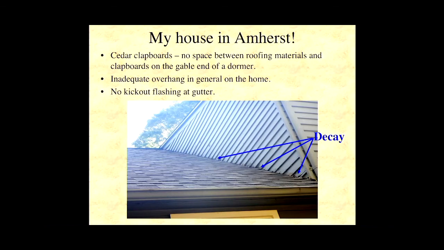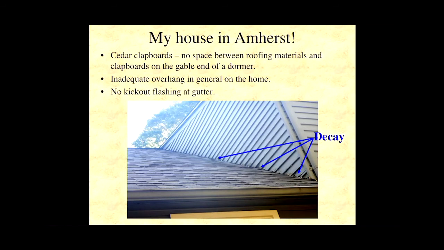So this whole area here, what's the problem? You can see that the clapboards have been installed right up to the shingles of the roof. This sometimes happens in an older home when the roof goes and you have to replace it, so you don't actually take the shingles off. You just put new layers of shingles on top. Sometimes you get up to as many as 3 layers, and that will cover the clapboards. Well, I'd be okay if that was what happened in this house, but it wasn't.